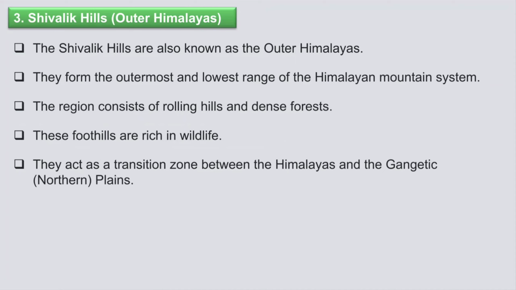Next we have our Shivalik, that is the third one, that is the outer Himalayas, okay. So the Shivalik hills are also known as the outer Himalayas. They form the outermost and lowest range of the Himalayan mountains, okay. And these regions consist of rolling hills and dense forests. You'll find dense forests and rolling hills there, okay. And these foothills are rich in wildlife, and they act as a transitional zone between the Himalayas and the Gangetic,